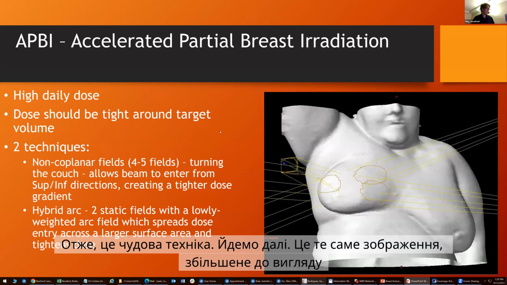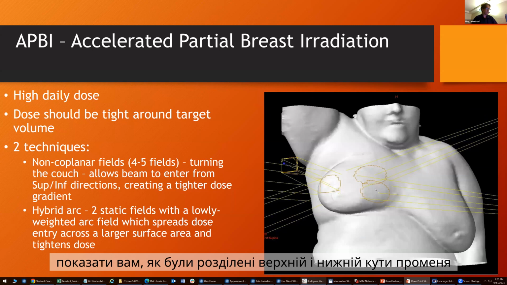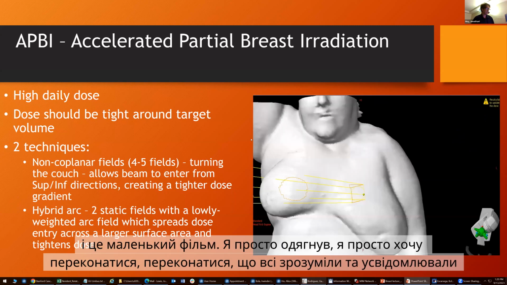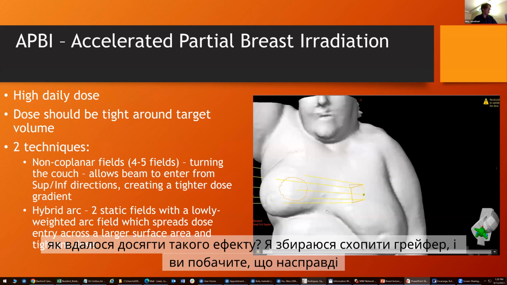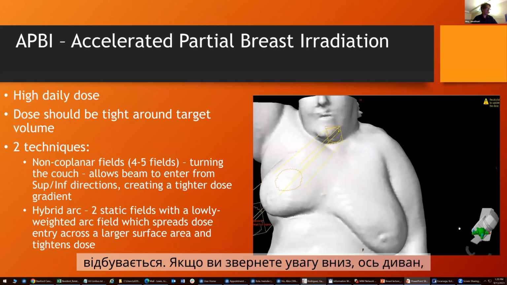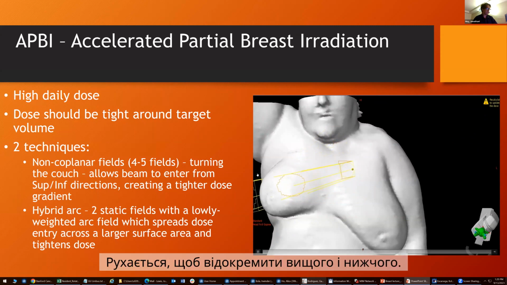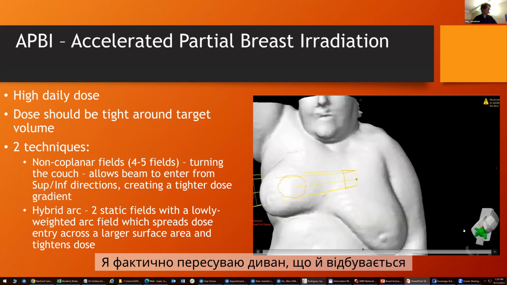Let's move on. This is just that same picture made bigger to show you how the superior and inferior beam angles have been separated out. And this is a little movie I just put on. I just wanted to make sure everyone understood and was aware of how we're achieving this effect. I'm going to grab it, and you can see that what's actually happening, if you pay attention down here, is the couch is moving. In order to separate the superior from the inferior, I'm actually moving the couch,